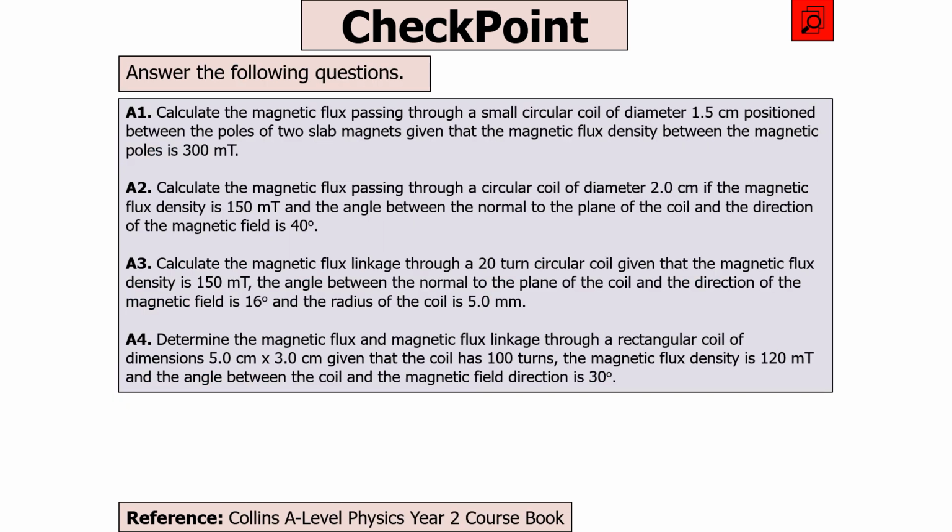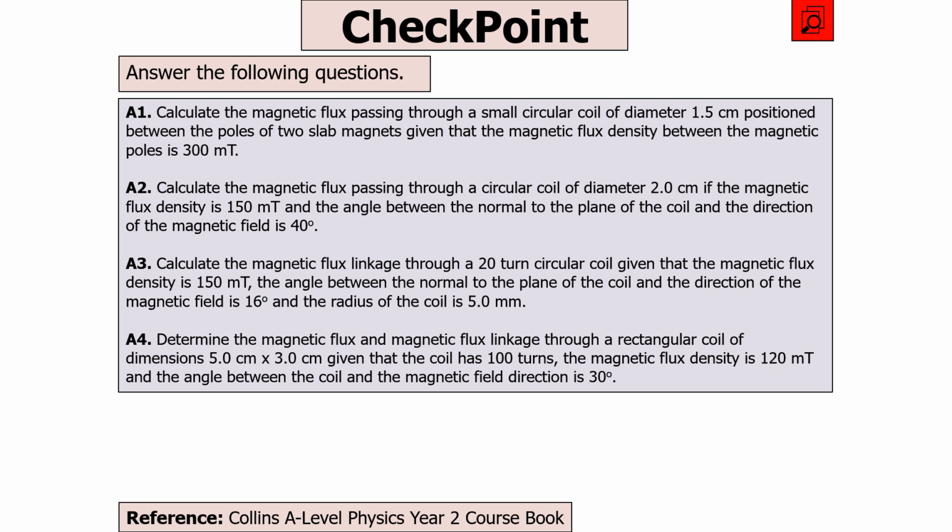The next question says, calculate the magnetic flux passing through a small circular coil of diameter 1.5 centimeters positioned between the poles of two slab magnets, given that the magnetic flux density between the magnetic poles is 300 milliteslas. Then calculate the magnetic flux passing through a circular coil of diameter 2 centimeters if the magnetic flux density is 150 milliteslas and the angle between the normal to the plane of the coil and the direction of the magnetic field